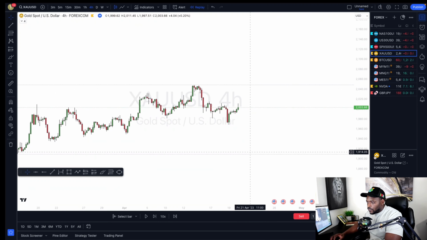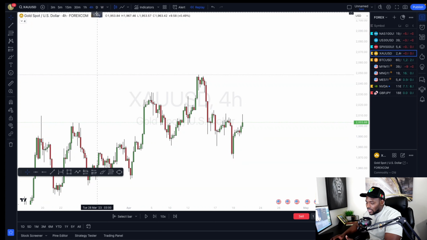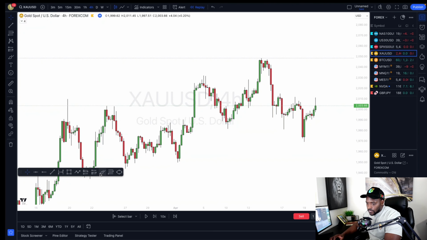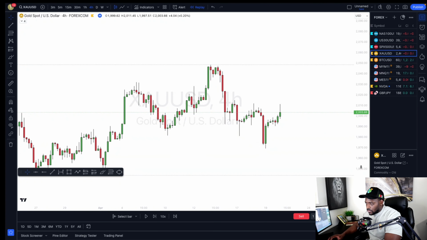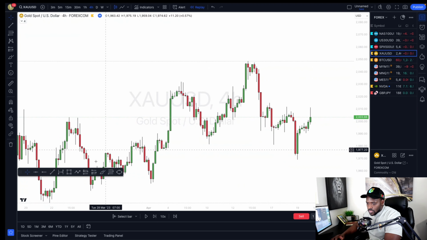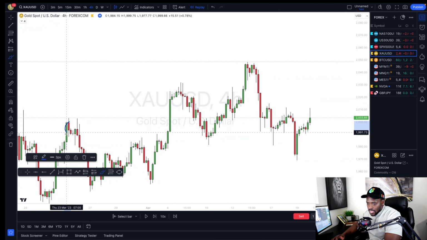All right, so basically when you're looking at the daily or the 4 hour or really any time frame, but I would mainly suggest the daily, the 4 hour, and minimum the 1 hour. Basically what you can do is, let me show you a good example here. When you see a situation like, for example, here,